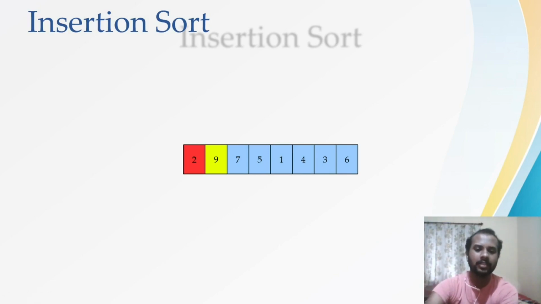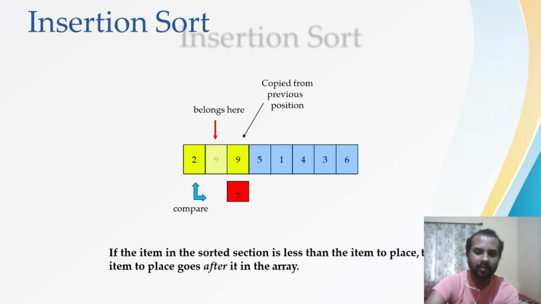Now, I am going to take the 7 from the unsorted list to the sorted. And I am going to compare it with the sorted list and check whether the 7 is smaller or greater. If 7 is smaller, then move the elements to the right side in the sorted list, right? Okay, now let me check 9 with the 7. 9 is greater and 7 is lesser, right? So move the 9 to the right side. So I am moving that.